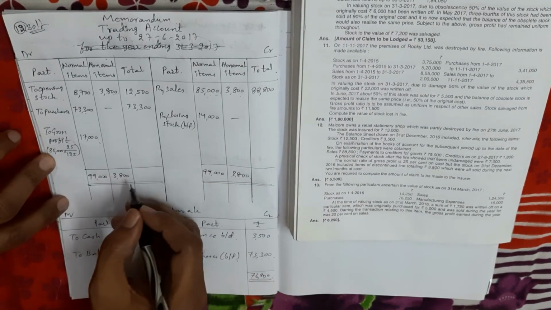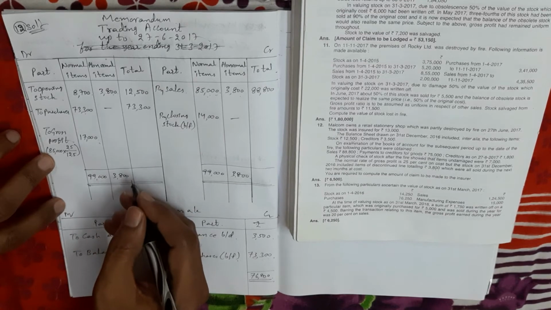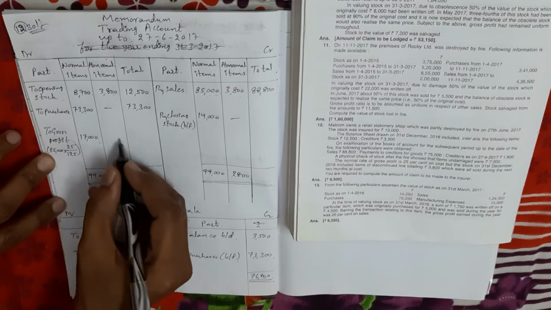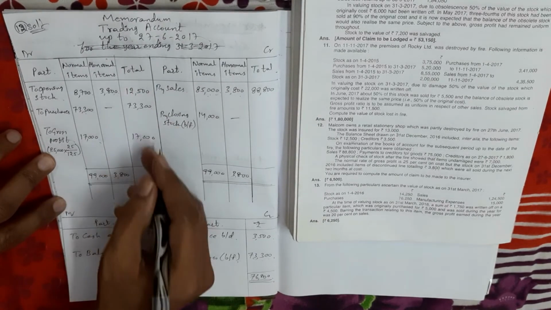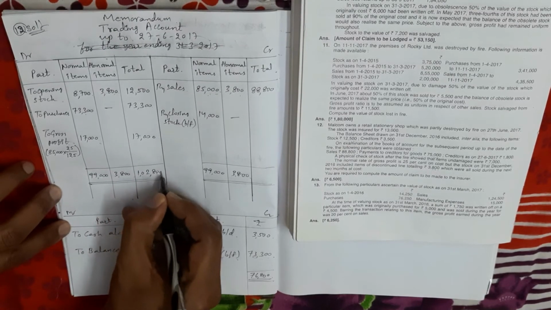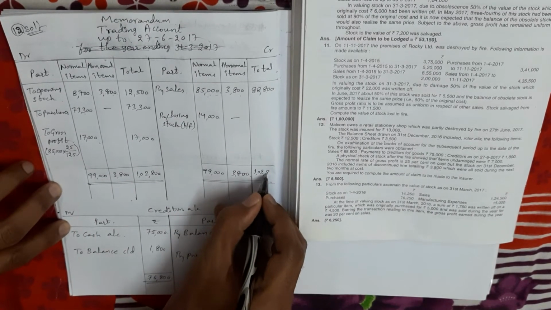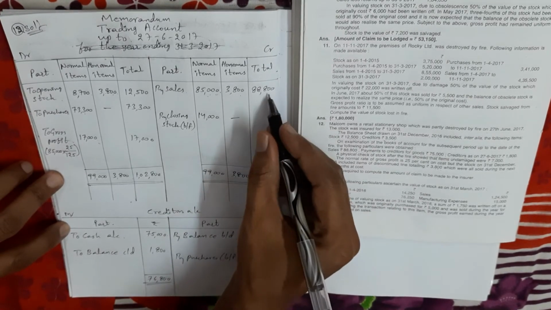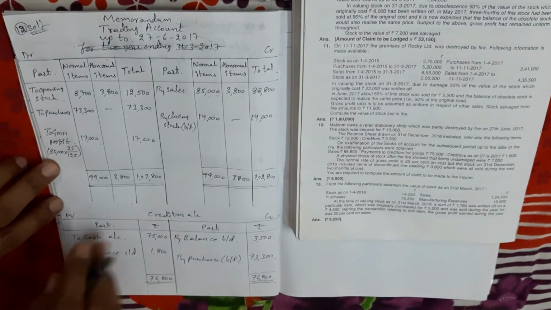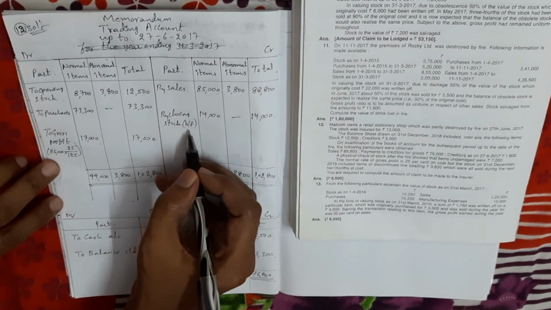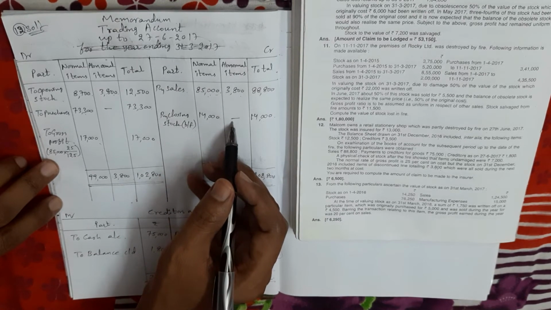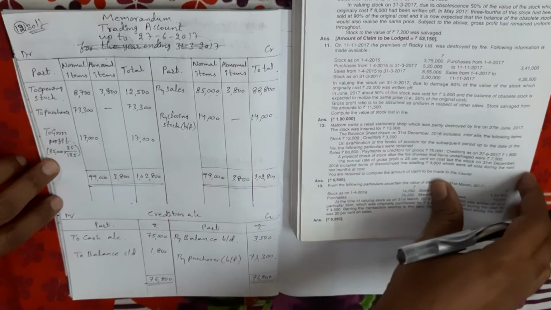See the total column also. If we close the total column, we get the same balance. There's 17,000 gross profit now. So total column debit side, 1,02,800 minus 88,800. So the balance is 14,000 only. Right? So we calculated the estimated value of stock, that is 14,000, including normal items and abnormal items. So directly I am taking 14,000 rupees.